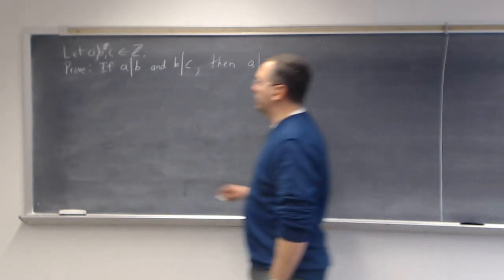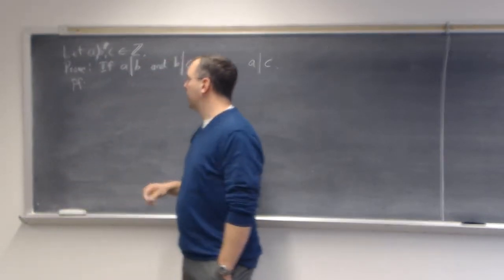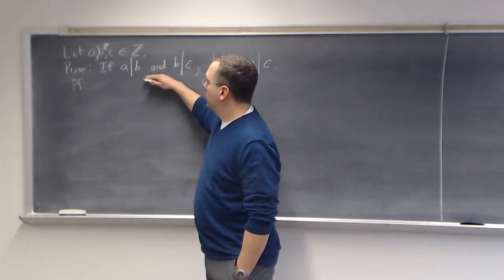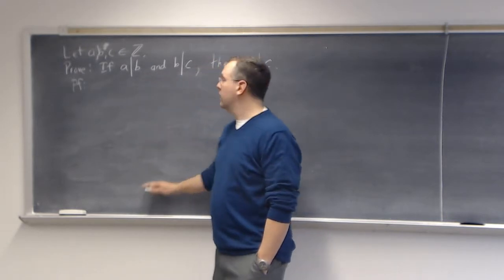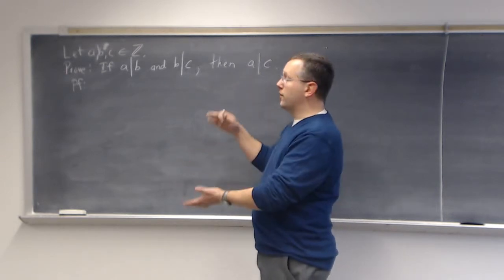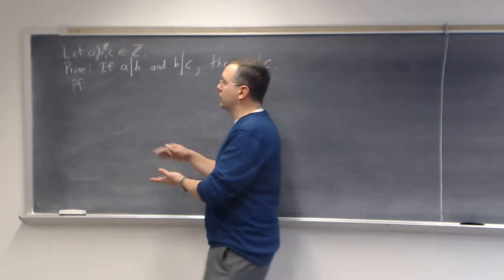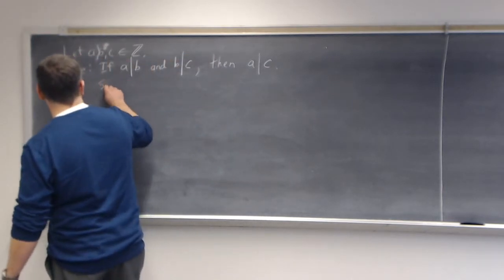Okay. So for direct proof, we follow our template. We assume the hypothesis. We know what our conclusion is going to be. We know we're going to conclude with therefore A divides C, and we're going to use the definition of one integer dividing another to help us. Okay? So let's